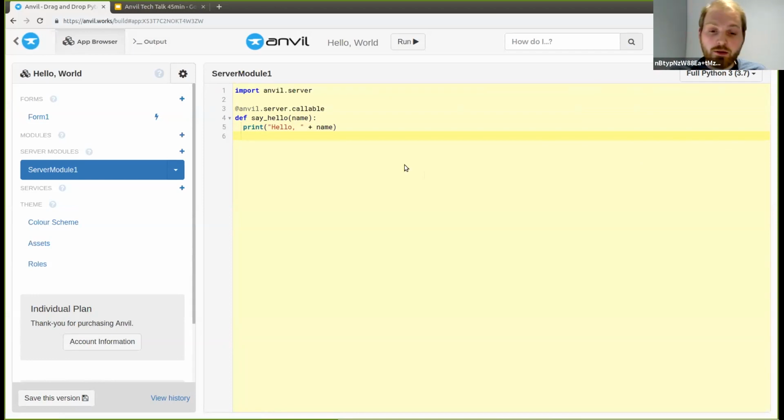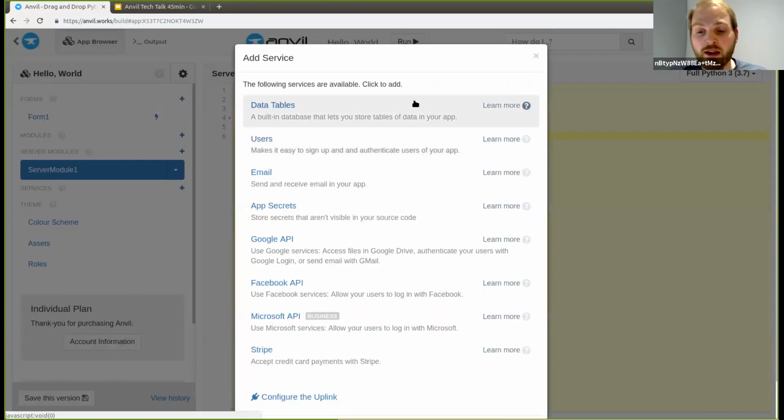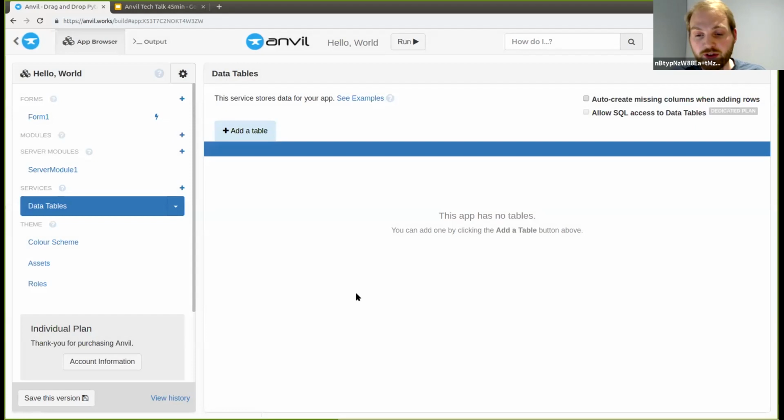In practice, though, people who aren't just making a simple app wrapping a Python library, the first question they ask is, okay, so what's the easiest way to set up a database? So we actually have a database built into Anvil. It's called the Data Tables Service. It's backed by Postgres, so it's a real thing. You could put terabytes into here if you wanted to. We're not going to be that adventurous.